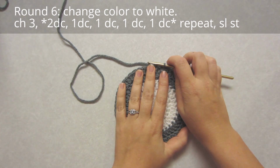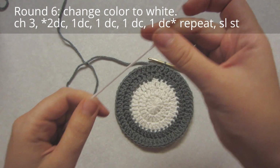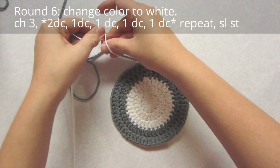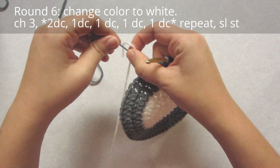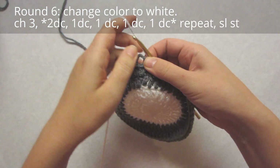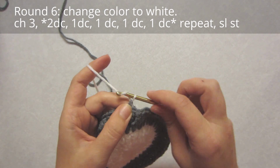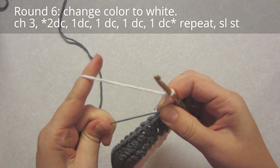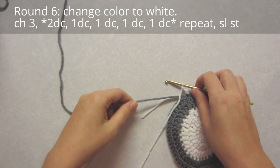All right, now we are ready to start round 6. So we're going to change colors back to white. So we're going to tie a knot here. Slide it down. Okay, so we're going to pull that white through. Chain 3, 1, 2 and 3. Pull that gray yarn. All right, so now let's snip the gray so that it's about the same length as